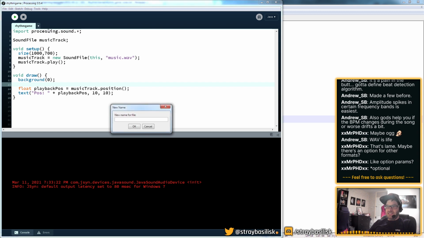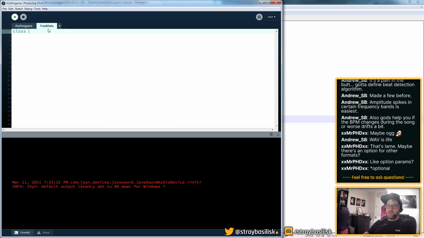encoding this. I'm going to call it track data. And what do we need to know? We need an intro length. Everything's going to be in seconds, unit-wise. We need, let's say, BPM. We can derive other stuff if BPM is not the most useful unit for us, like seconds per bar or something might make more sense. And then